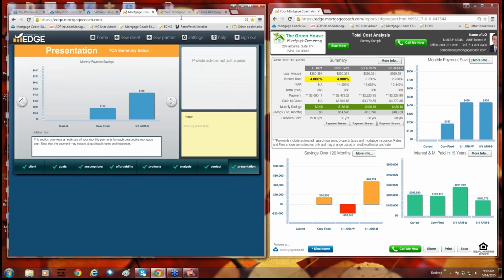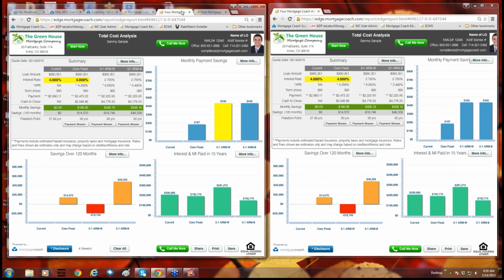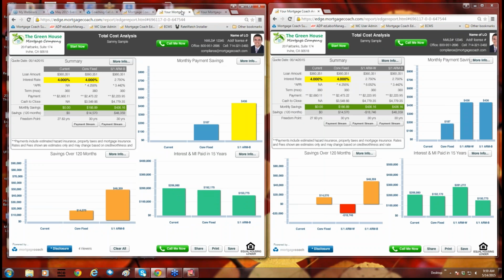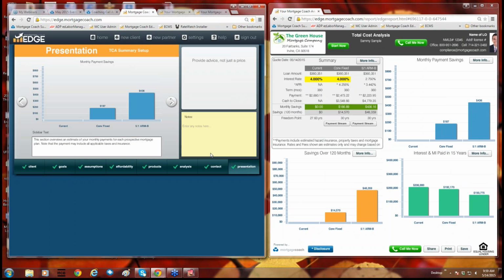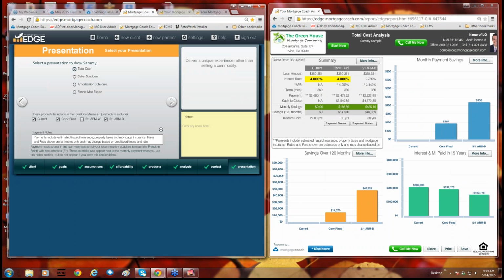Advance the screen, that makes your update, and then it will go ahead and remove that product, not only from the desktop version, it will remove it from the mobile device as well. So you can see how that just made a quick adjustment. You'll notice there's more savings on the conventional product as well. Let's remove the other ARM product as well,